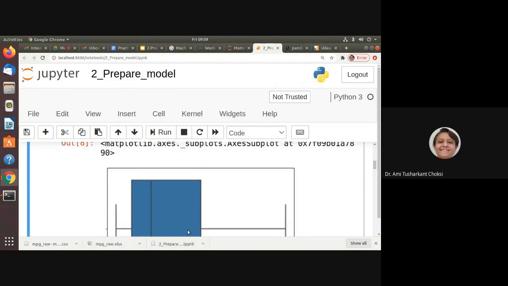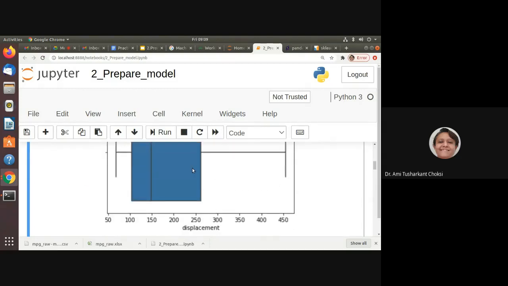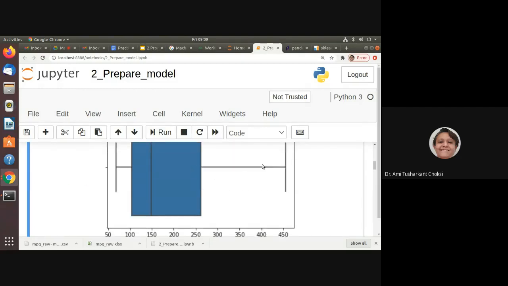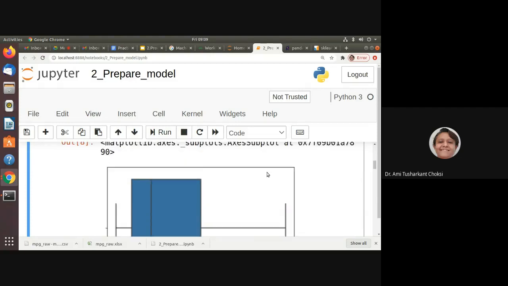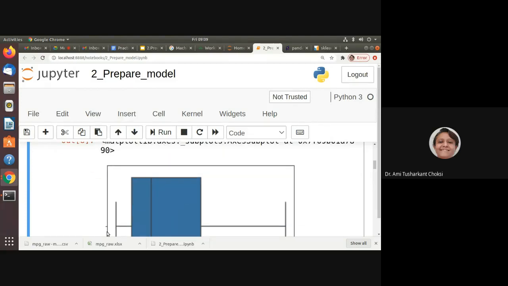Can you say the outlier is there? No, here we do not find any outlier. We cannot find any dot, that is, points outside the third quartile or less than Q1. That is not available in this dataset.